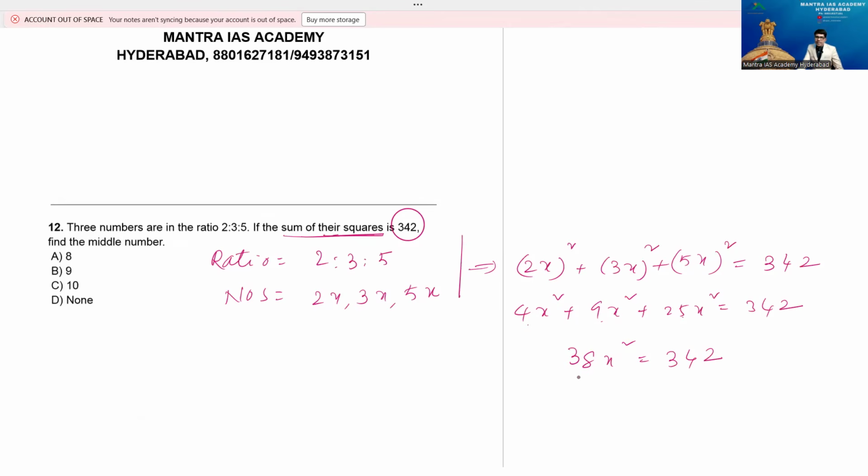Be cautious while doing the calculation. 38 tens are 380, so it's not 10 times. 38 is less, so definitely 38 nines. Even if you do the calculation like 19 twos, that is also not a problem at all. Now x square is 9. So then x is equal to what? Root of 9 comes out as 3. Now you got the value x is equal to 3. He is asking for the middle number. The middle number is 3x now. Therefore, the number is 3 into 3, and you say the answer is 9. If you have the options, okay. Otherwise, none. That's what I want to tell you, that option is B here.